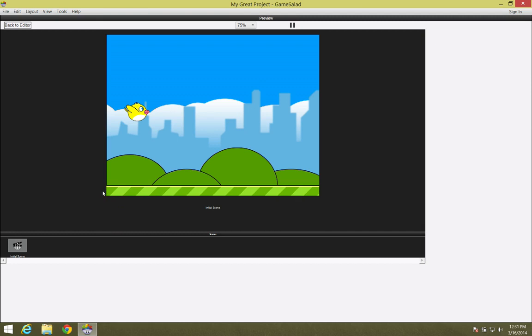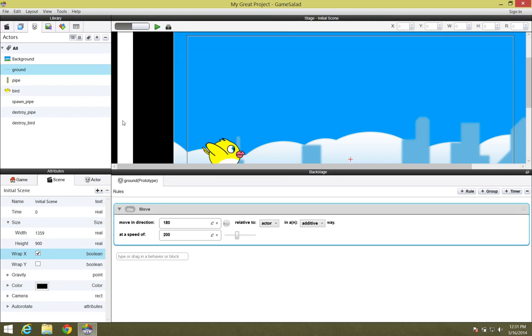Now that our ground is the exact same size as our scene, and we have wrapping on, those empty areas that we saw on the left and right mean that as the ground moves off one end, it is teleported back to the other end. That's what scene wrapping does. To demonstrate this a little bit better,